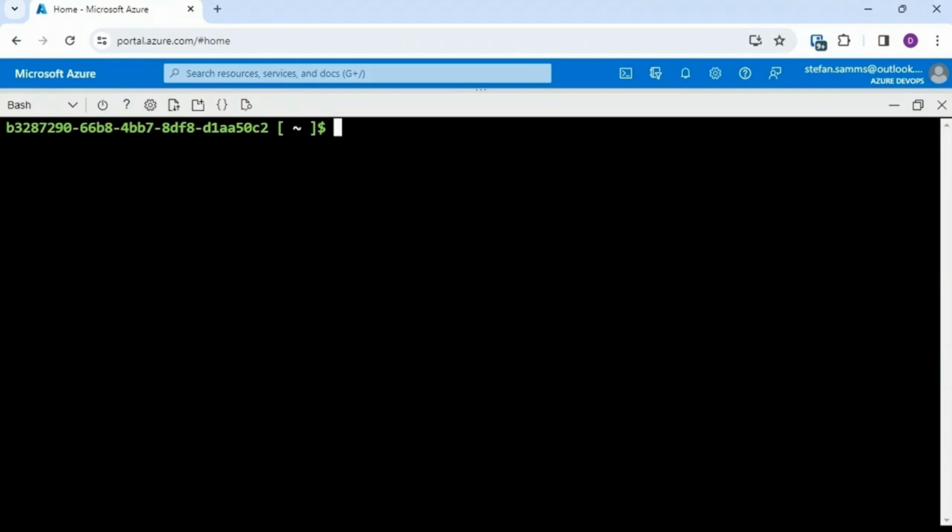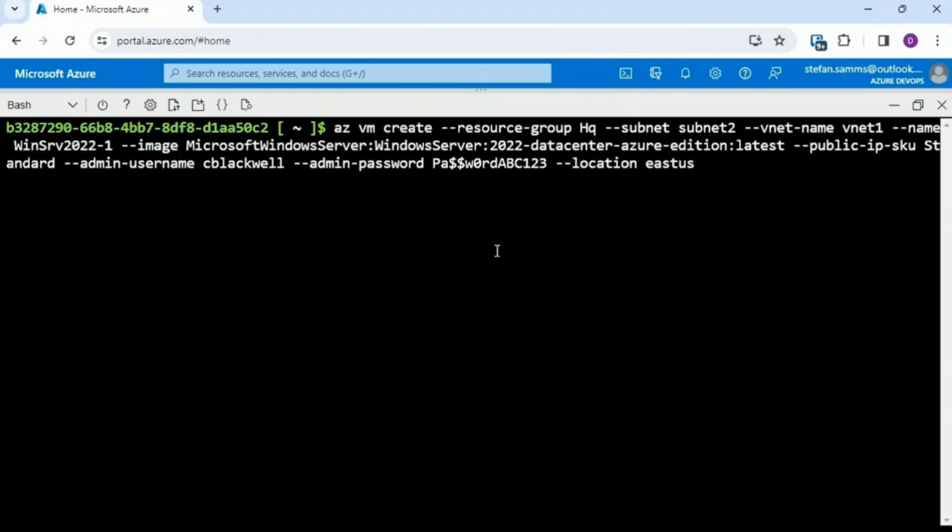Next thing we have to do is actually deploy a virtual machine. To do that, the syntax I will use is az vm create --resource-group HQ --subnet. I'm going to deploy this into subnet 2 --vnet-name within vnet 1 --name. Now you should have some kind of a standard for naming things like virtual machines, really for naming any type of resource in Azure. So I'm going to call this WinServer2022-1